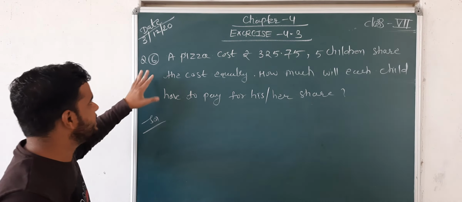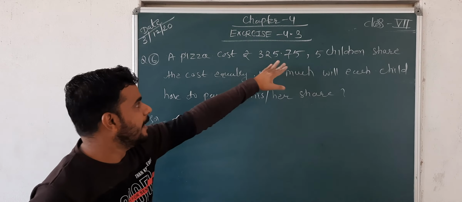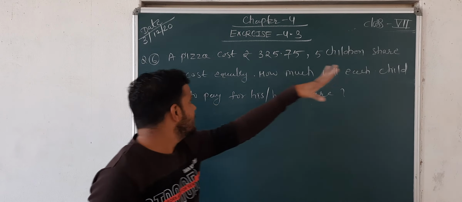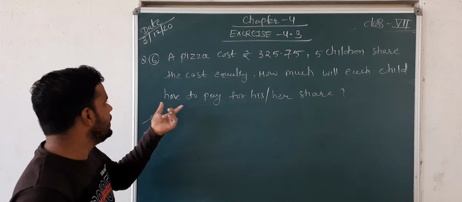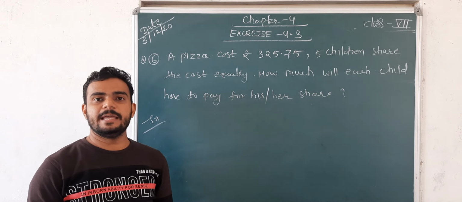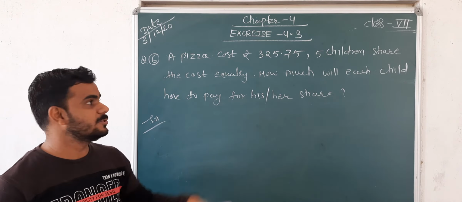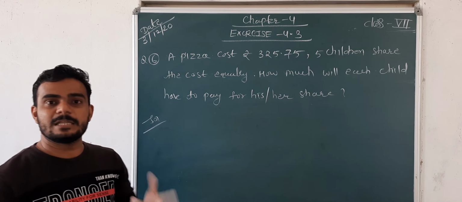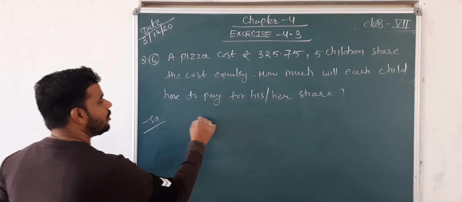Okay, students, so the next question is there. A pizza costs 325.75. 5 children share the cost equally. How much will each child have to pay for his or her share? मतलब जो है एक पिज्जा की टोटल कॉस्ट आपको दी हुई है 325.75 और 5 बच्चे उसको शेयरिंग करते हैं तो उसके हिस्से में मतलब ईच के हिस्से में कितना कितना शेयर आएगा. Okay, so we know that